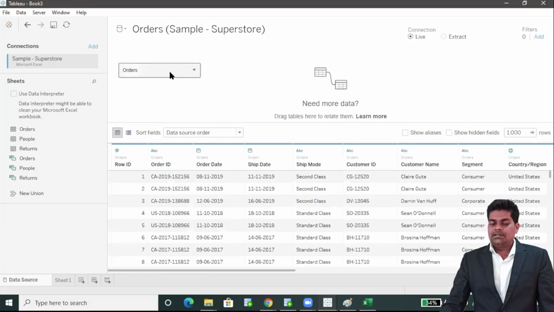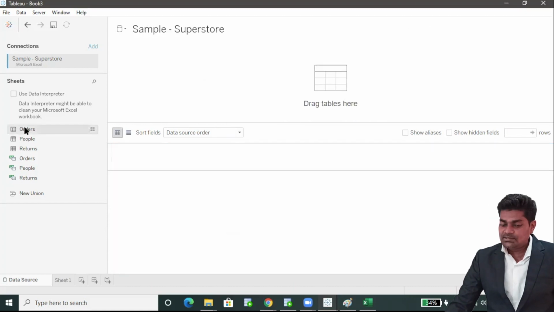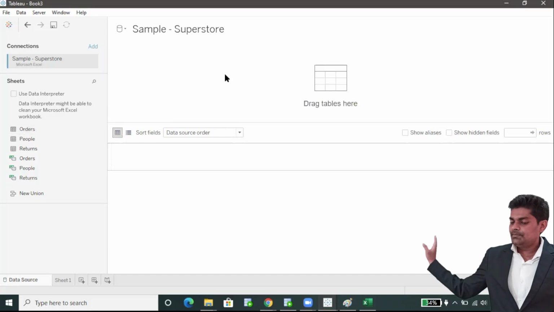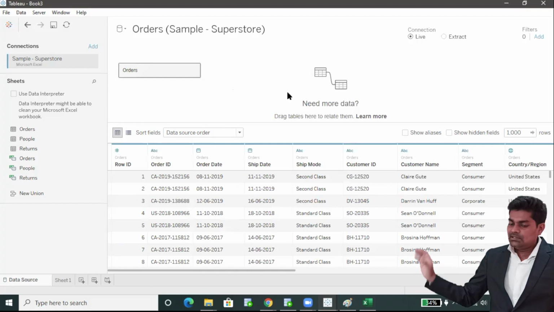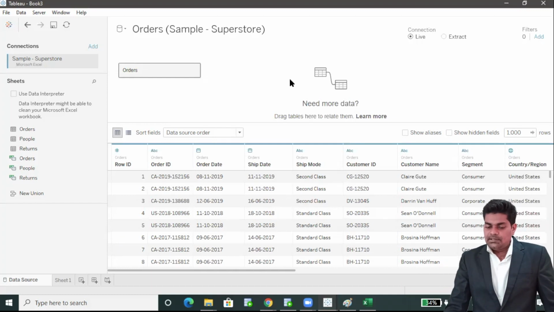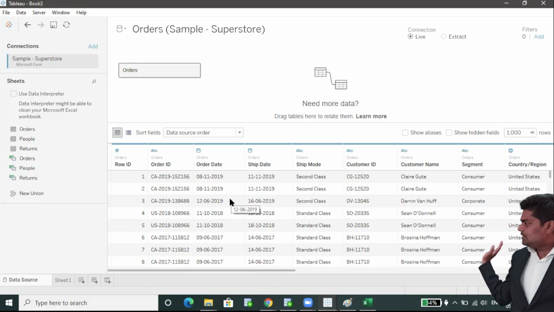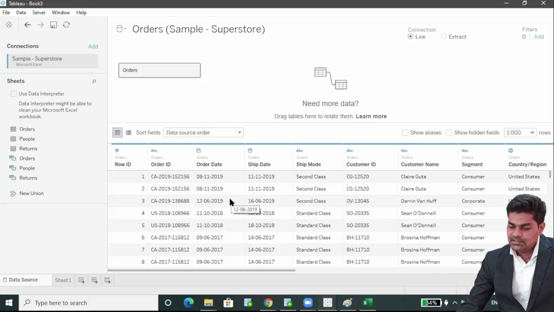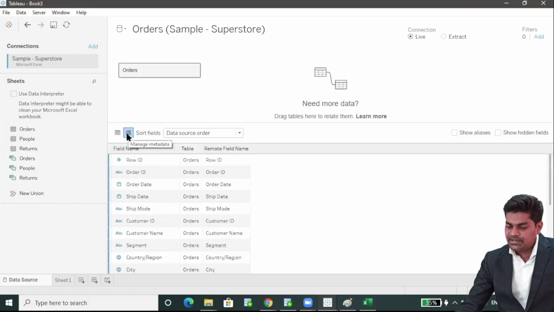Let's drag and drop Orders, just drag and drop here. That is Orders, and this is again the physical layer. Then there's the data grid, where you can see all the data, and here is the metadata grid.